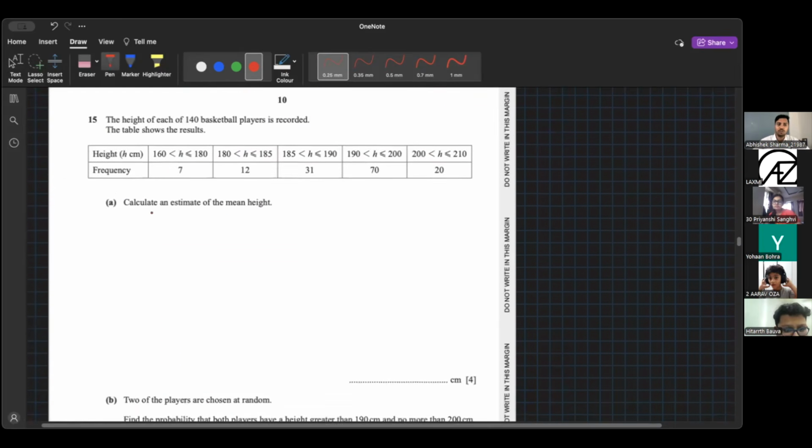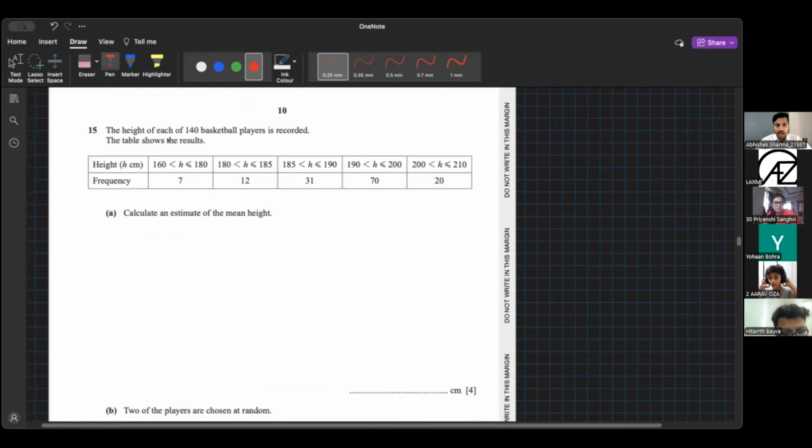So we are moving on to question number 15 now. The height of each of 140 basketball players is recorded. The table shows the results. Calculate the estimate mean of the height. Because it is a class interval, not the exact class, we'll find the midpoint first. So midpoint is going to be 170, 182.5, 187.5, 195,